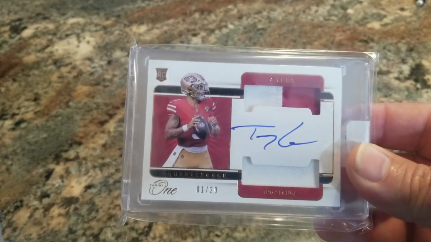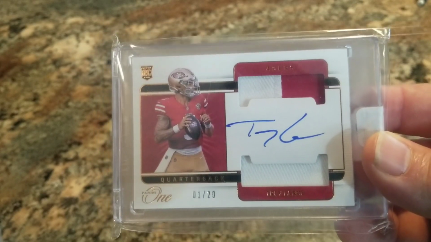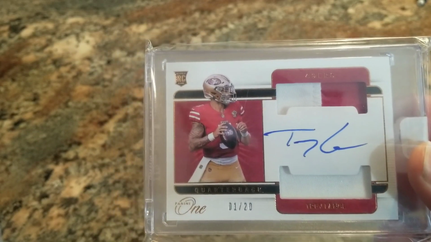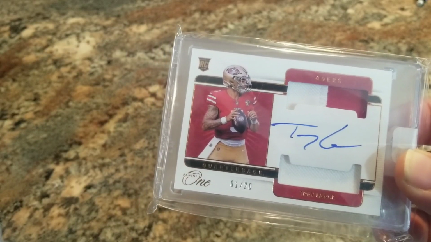We have some Panini One football here, and this is strictly stuff that I bought to flip. The NBA stuff is for my collection. So, full transparency here. I have a Trey Lance RPA out of 20. Who knows what's going to happen with him? They signed another quarterback, Sam Darnold, quarterback carousel out there, but somebody's got to give this guy a chance. Eventually, he'll be healthy enough. And then this card right here can be bought in the $200 to $250 range if you can get one